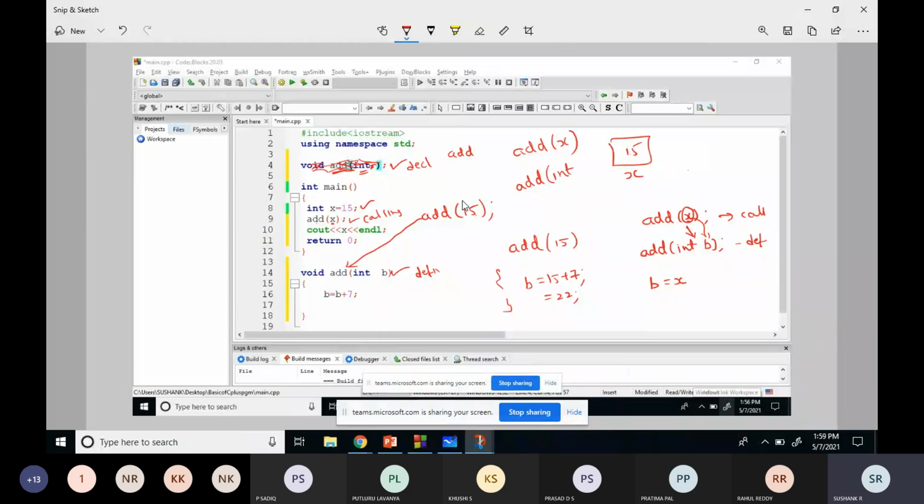Here, integer b. So the value of x will be copied to b. Whatever value is there in x will be copied to this variable b. The similar statement is like this: b is equal to x. You are getting this point? It is like in the memory location, create one variable b and copy its value.